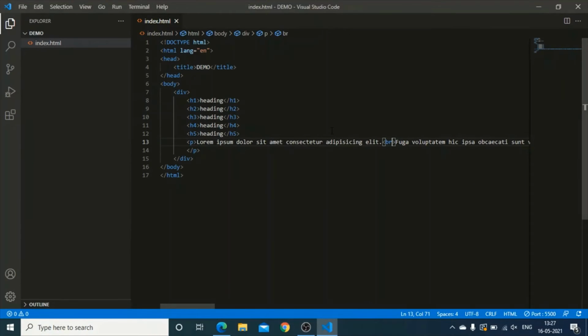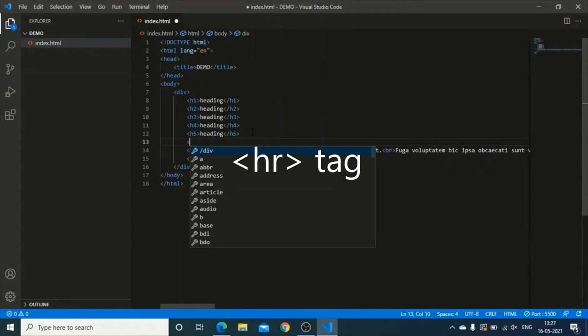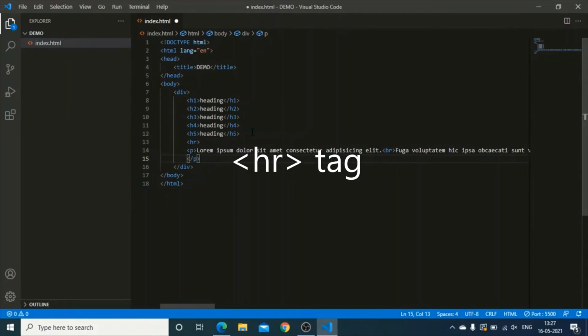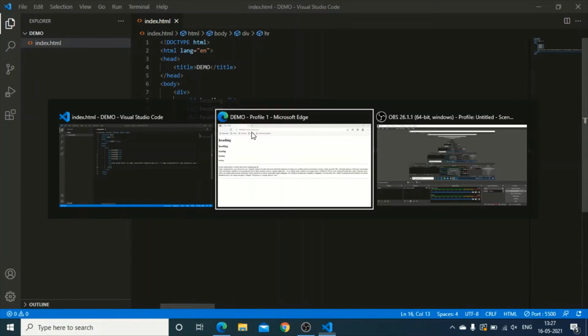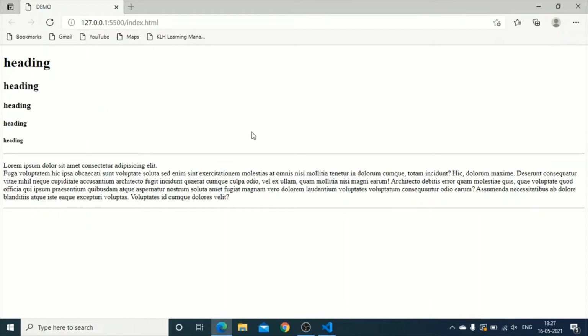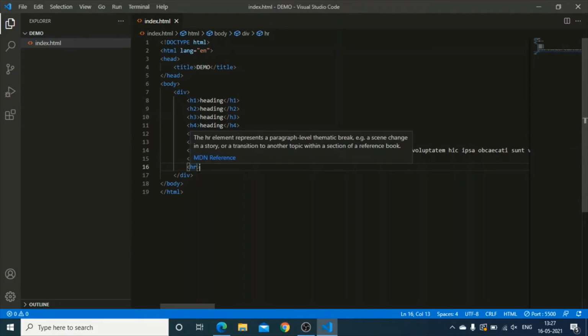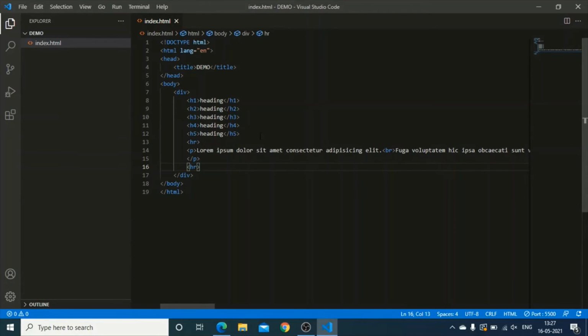So we'll go back to our code. BR tag looks absolutely fine. And if you want a line in between, like after and before this paragraph, you just open a tag or just hit HR and enter. You'll get a horizontal rule. Horizontal rule in the sense it just draws a horizontal line. And after P tag also you again put horizontal rule, HR, enter. Control S. That's it. You got two beautiful lines which look very, very good. Okay. And next we have completed horizontal rule. We have completed break, BR tag. We have completed HR tag, BR tag.